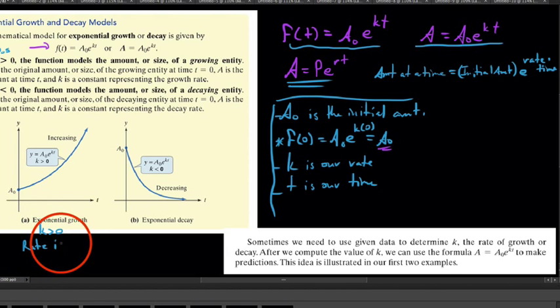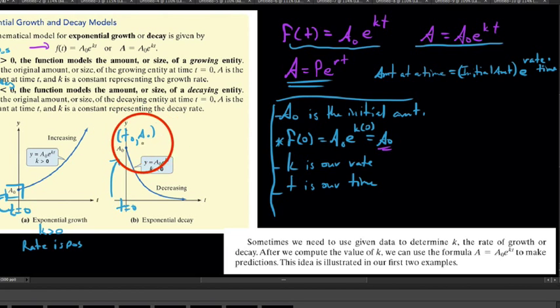And so what we can see here is exponential growth if k is greater than 0, or we could say the rate is positive. If that's the case, at time 0 we're starting at some initial amount and then growing exponentially over time at some rate k. And if we have a k that is less than 0, that is negative, the function models the amount or size of a decaying entity. And so at time 0, again, we get A0, the amount at time 0, and then it's decaying by some rate k over time,